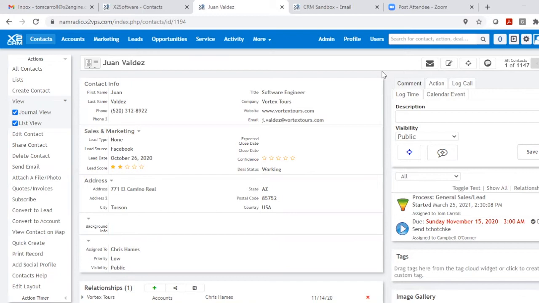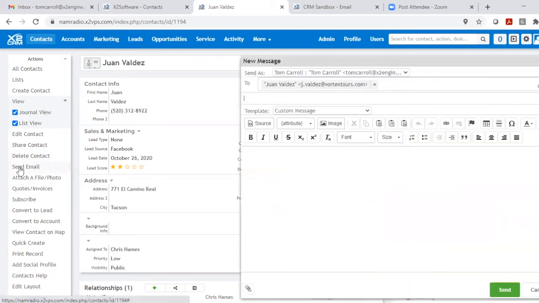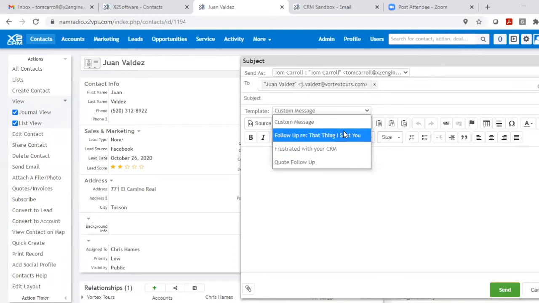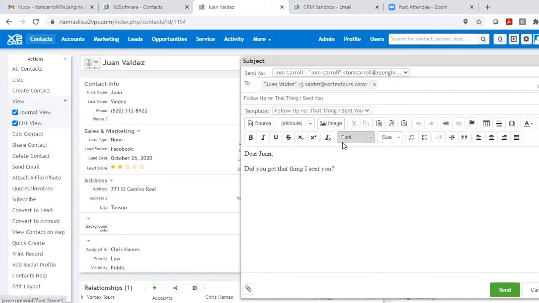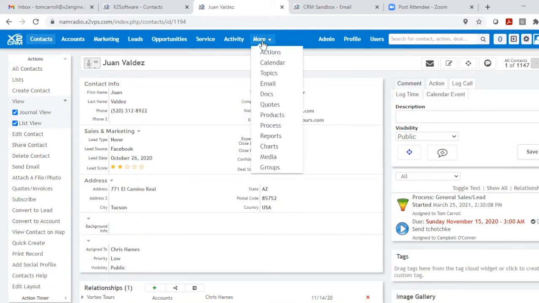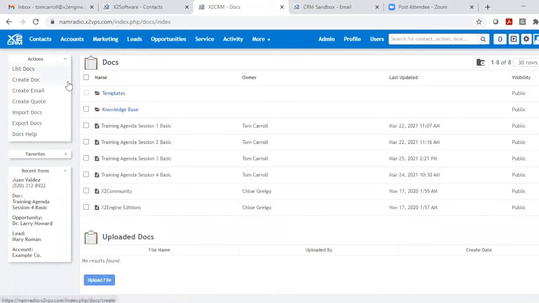Now, when we popped up the send email box, notice there was an area here for a template and a custom message. X2 allows you to create standard templates that can be used in these emails. For instance, if I click one of them, this is a very simple one, which is a very simple message. But those templates are created in the Docs module. In this case, I'm going to access the Docs module under the More button. And if I go into Docs, notice I can create a document, I can create an email, I can create a quote